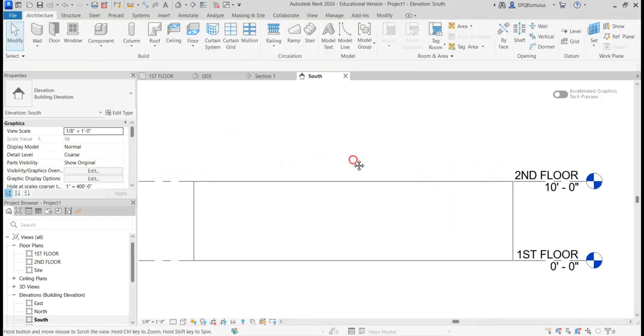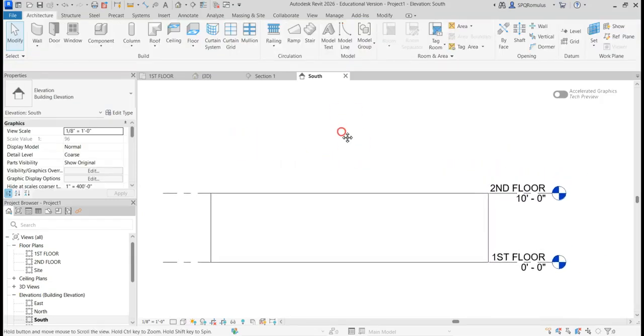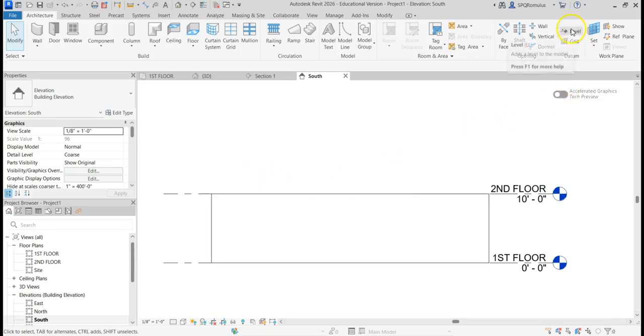The next thing we're going to do is add a third level. So we're going to add a third floor to our building. Levels can only be created in either a section view or an elevation view. This is our south elevation view, and this is the level tool. It's inside the datum panel. You need to be in the architecture tab, and this is your level tool. Click level,